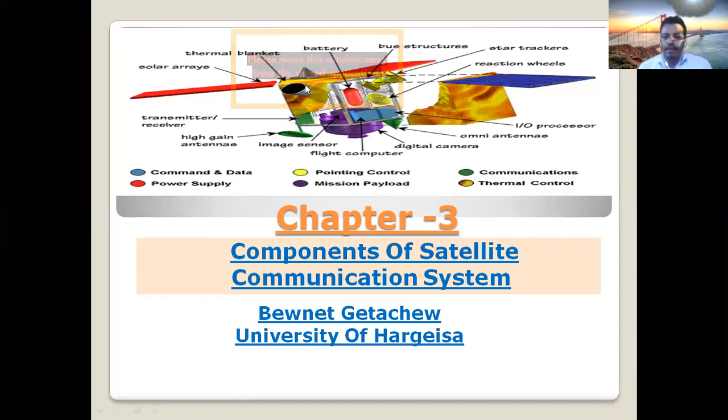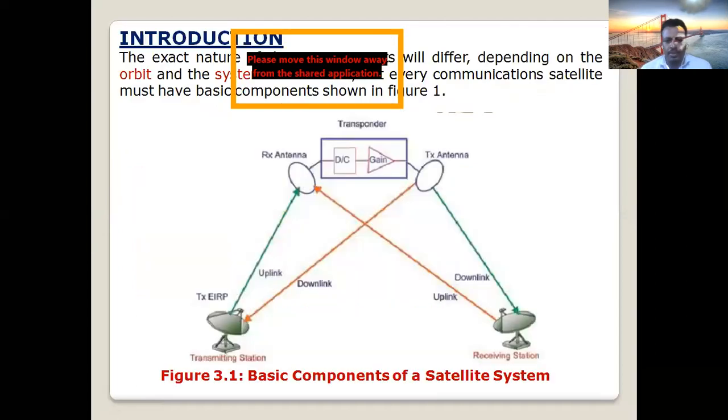As I said before, our class today will start chapter 3. We'll discuss components and devices used in satellite communication systems. We'll discuss these components, but before we start the components,